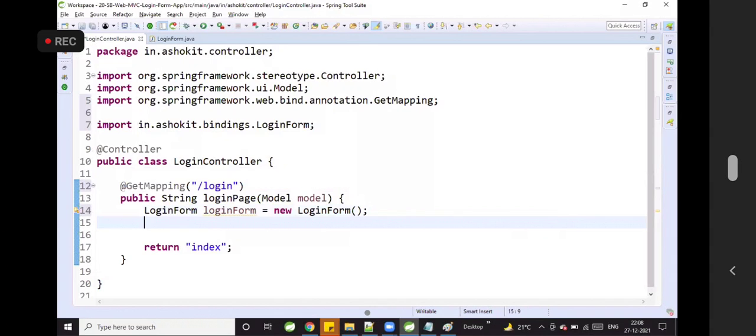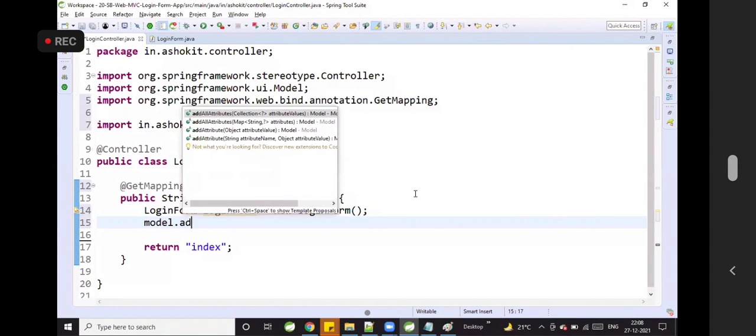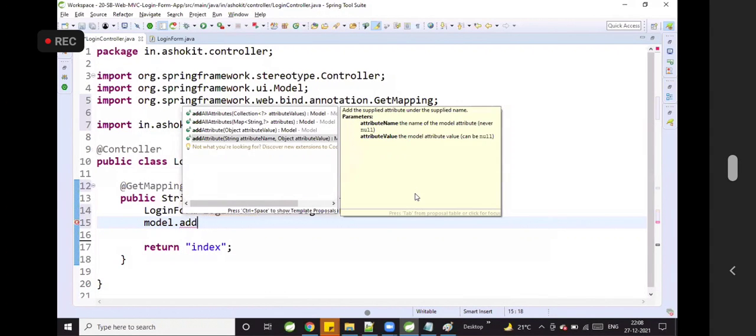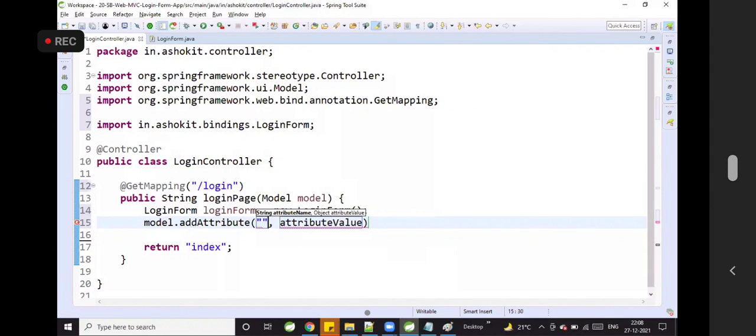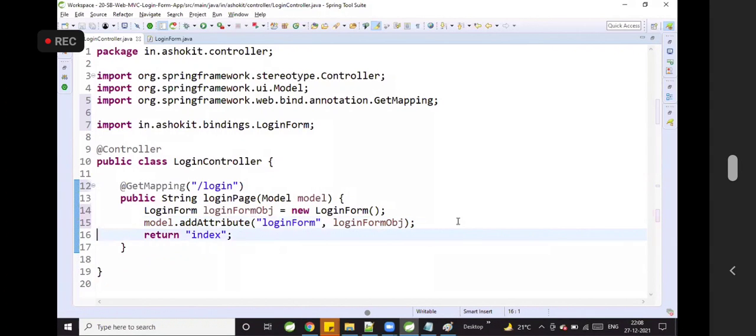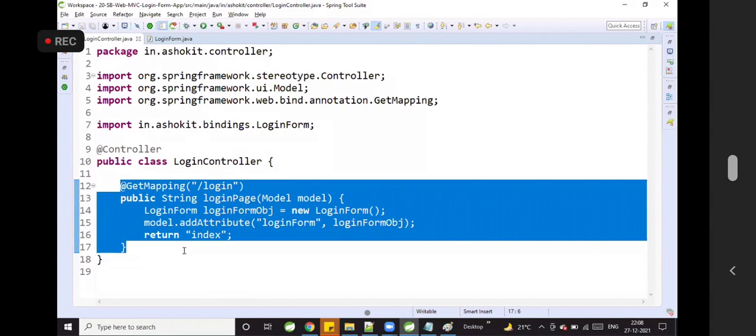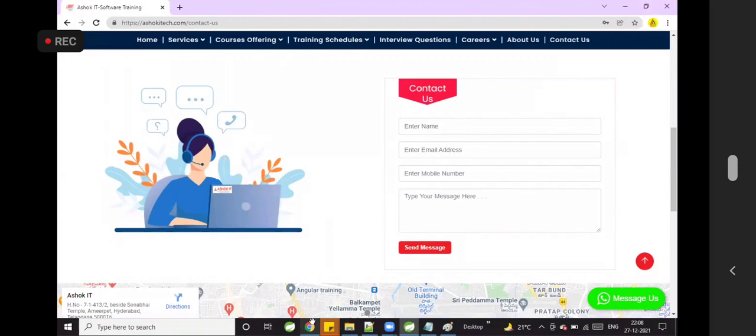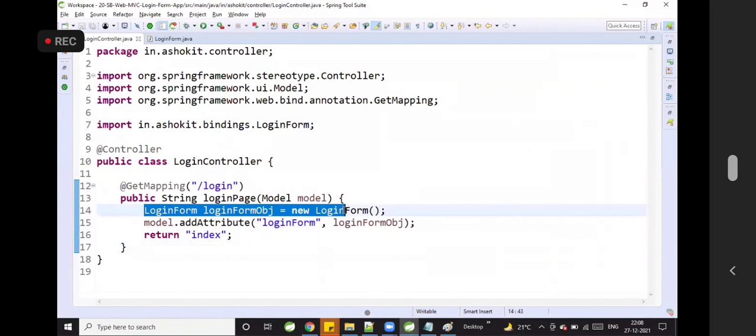I'm creating one empty object, model dot addAttribute, key loginForm. Key is the login form, value is the login form object, and I'm returning index. This method is used to display empty form. That is the reason I am setting empty object.